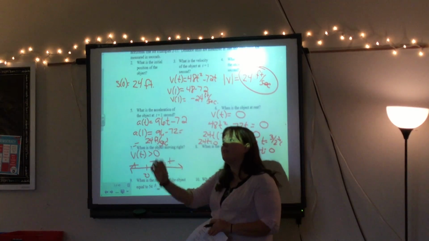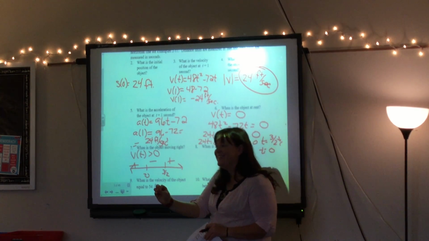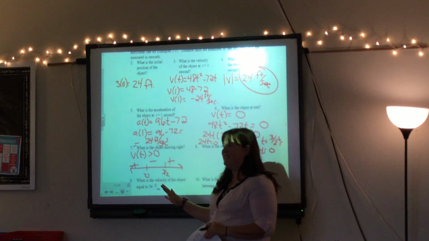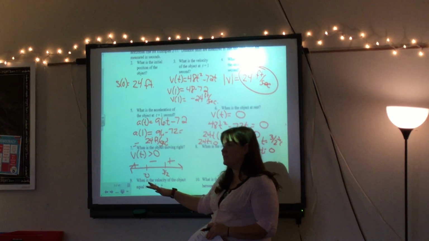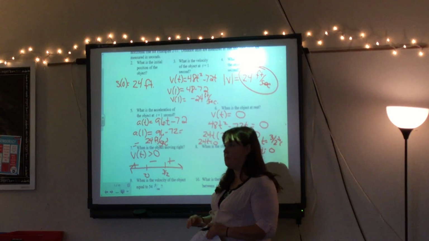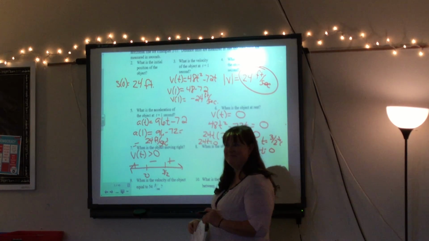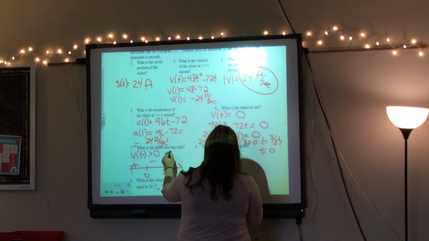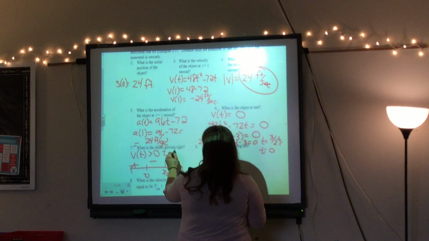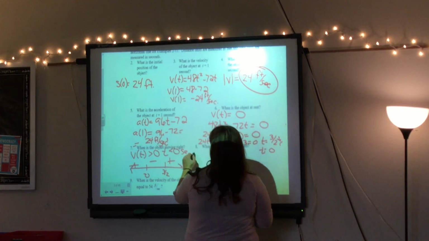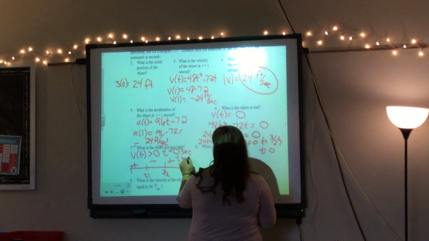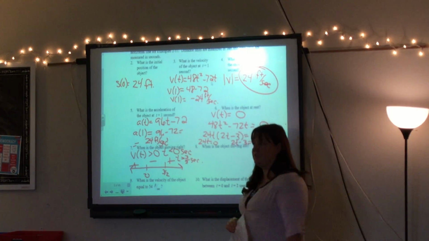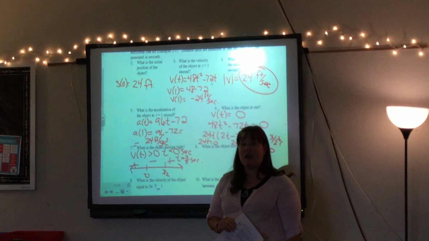I understand that you can't have a negative time, but in math, less than 0 does exist, right? So we'll say that it's there. So when t is less than 0 seconds, or when t is greater than 3/2 seconds, our particle is moving right because our velocity is positive.